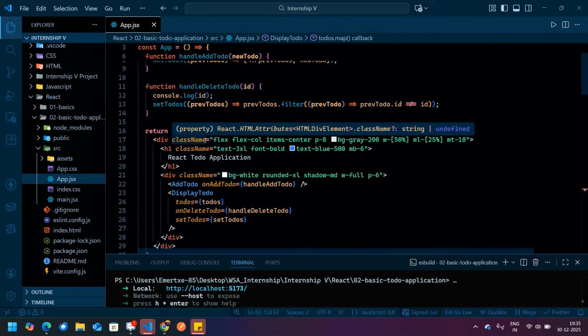So tell me guys one thing: is local storage a part of our project or a part of our web application? First of all, I will give you a hint that it is a side effect. Which hook helps us to write side effects inside our website?